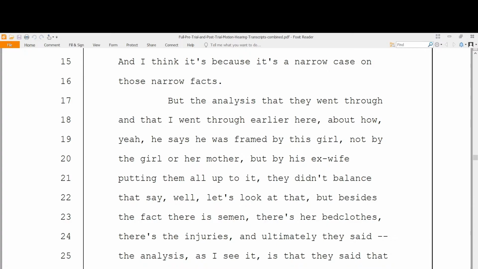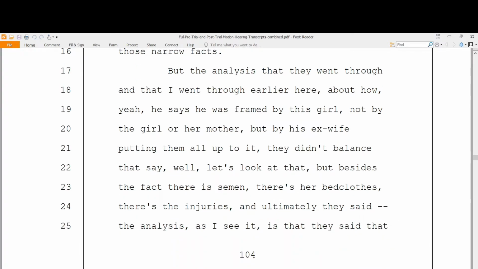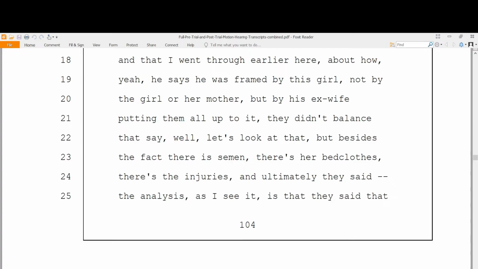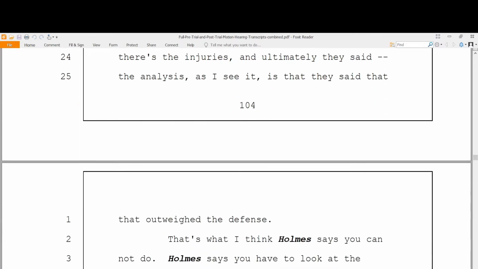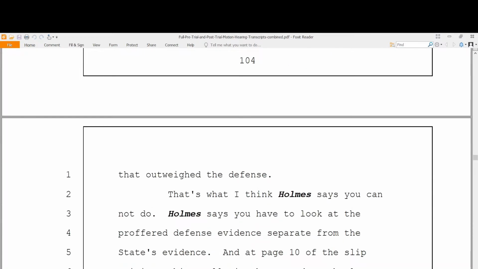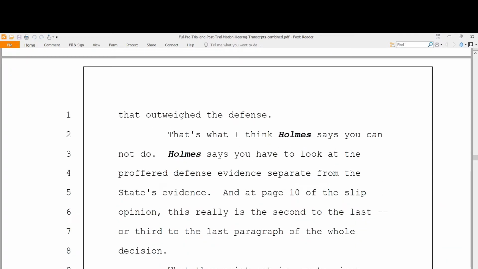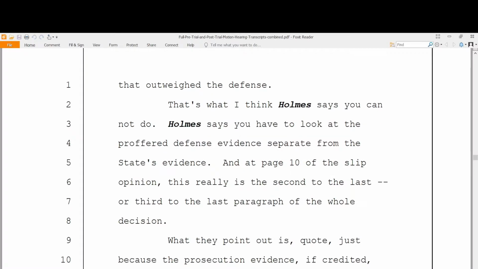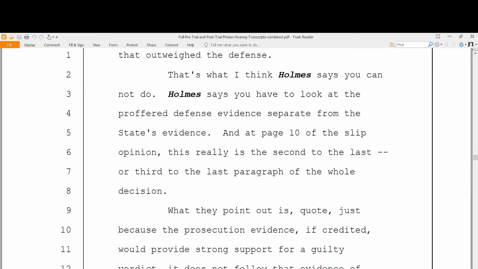But besides the fact that there's semen, there's her bedclothes, there's the injuries, ultimately they said, the analysis, as I see it, is that they said that outweighed the defense. That's why I think Holmes says you cannot do that. Holmes says you have to look at the proffered defense evidence separate from the state's evidence. At page 10 of the slip opinion, this is really the second to the last or the third to the last paragraph of the whole decision,